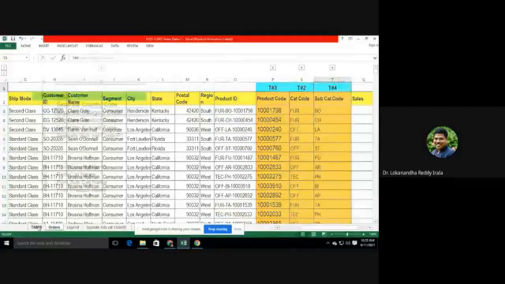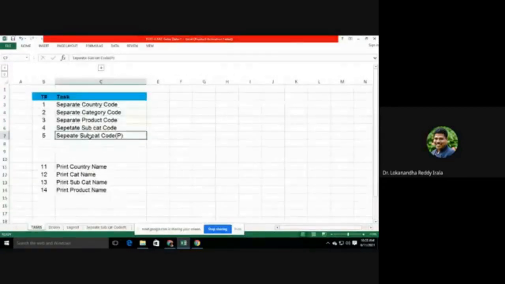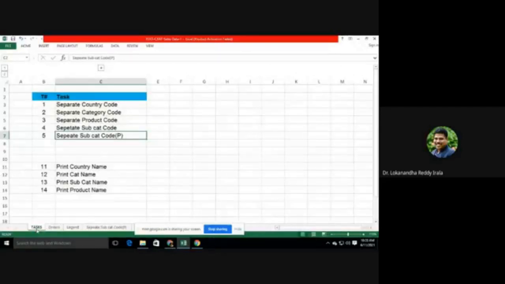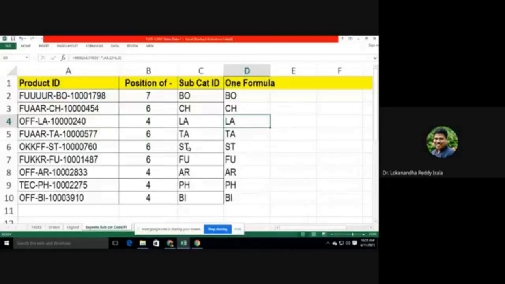Then what is task 5? Separate subcategory code. Task 5 is to separate category code, product code. Now here, for example, you have something like this.